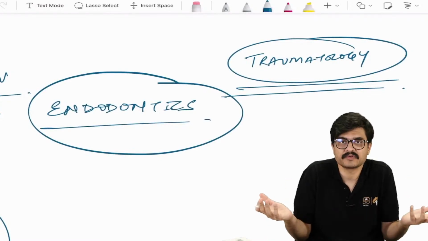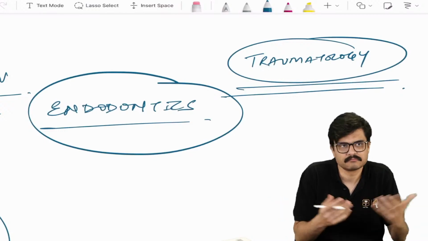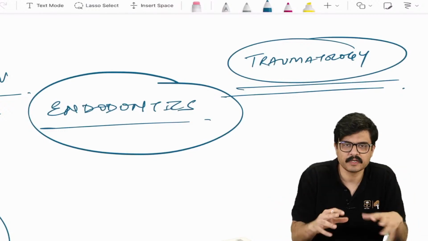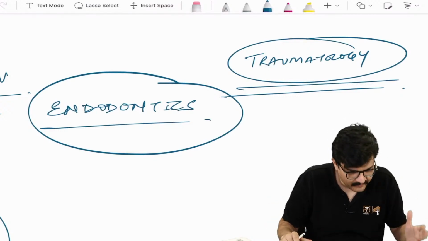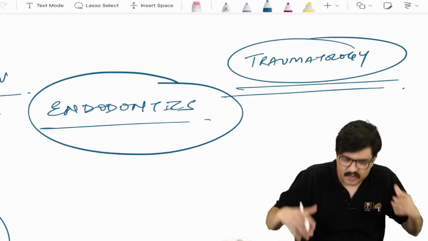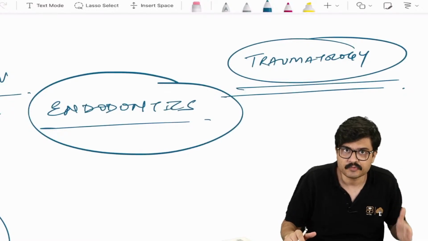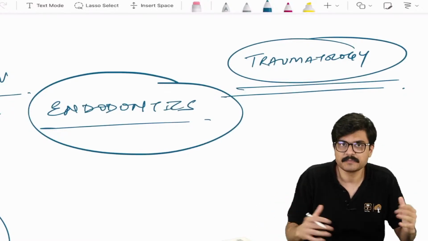Management of root fractures. Previously, Anderson writes 2 to 4 months. Presently, Cohen writes 2 to 4 weeks, simple. So if you have an option which is saying semi-rigid splinting for 2 to 4 weeks, you have to go for it, irrespective, even if it's a coronal third fracture. Latest Cohen does not differentiate between the level of fracture.